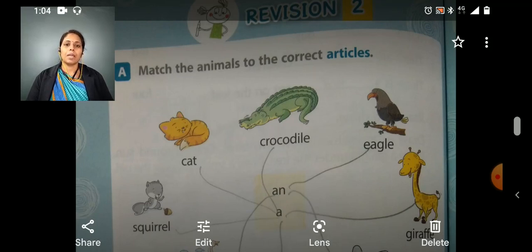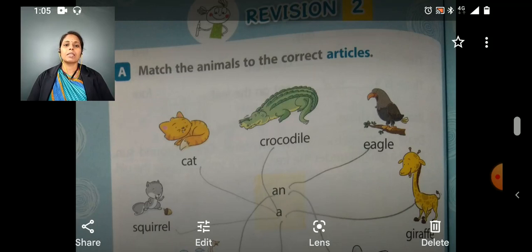And today I am going to teach you from the English grammar textbook. I am going to make you understand the worksheet on page number 50. Dear children, you can see on page number 50 the revision of articles, pronouns and adjectives, which we have already discussed in our previous classes. So today I am going to make you understand the exercise of these topics. I am sharing the textbook with all of you.